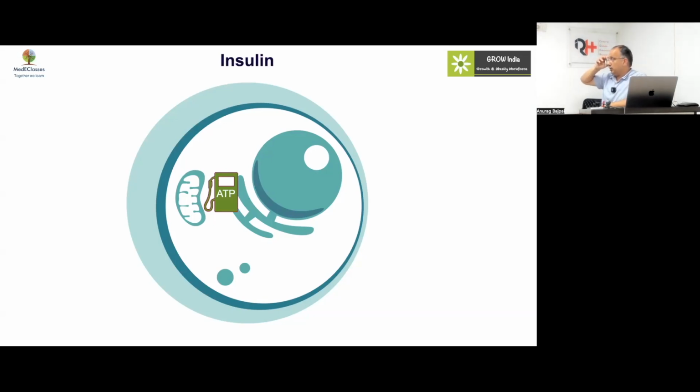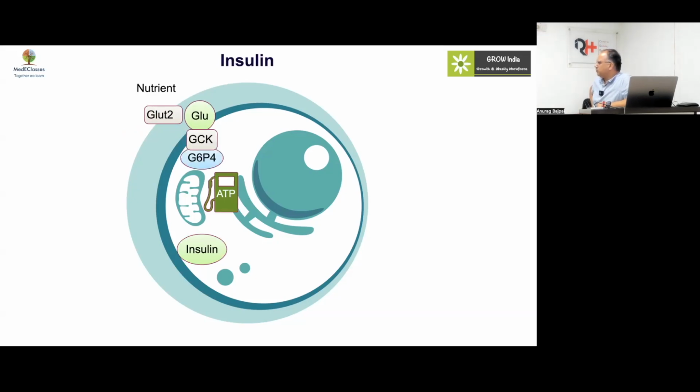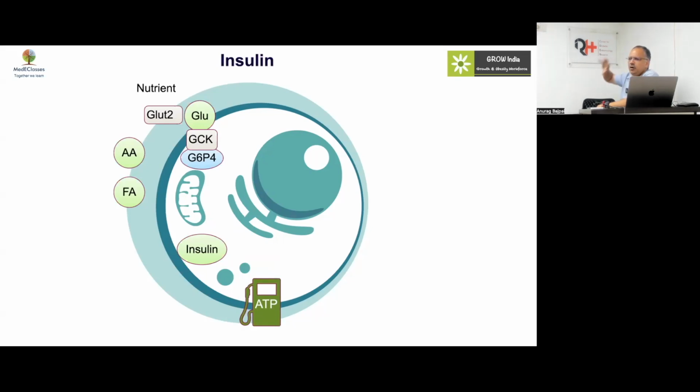So you want the insulin secretion to be linked to the intracellular energy status as depicted via the ATP level. Now, if your ATP is high, which will happen in the presence of a nutrient signal like glucose, which goes in via GLUT2 and glucokinase, which we'll discuss much later, you will have production of ATP there. You can also have this coming from the amino acid or the fatty acid pathway via the SCAD pathway and the GDH pathway. Now, ATP is going to bind to the potassium ATP channel, and it is going to